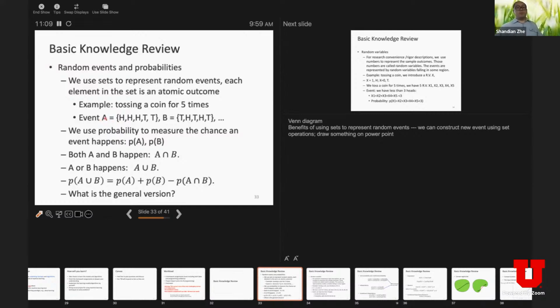So for example, event A would be 3 heads and 2 tails, right? That represents one outcome of the random event. You toss a coin 5 times. Or even B, which is another set, contains tail, head, and tail, which is another event. So to measure the chance of different events,